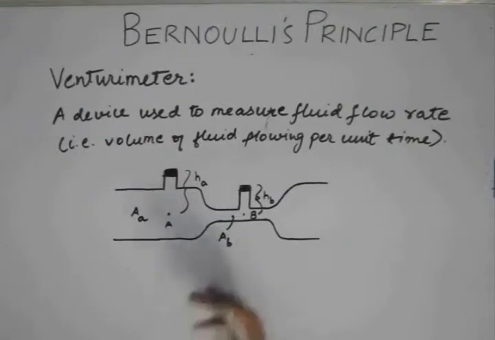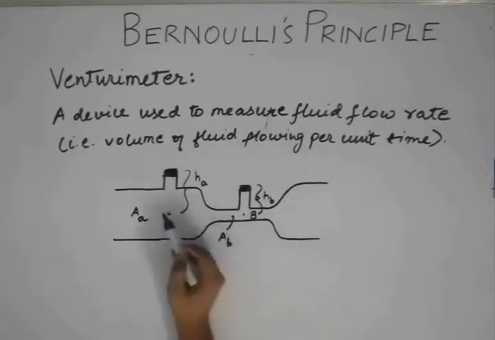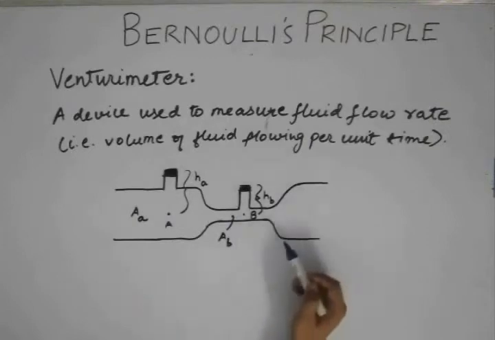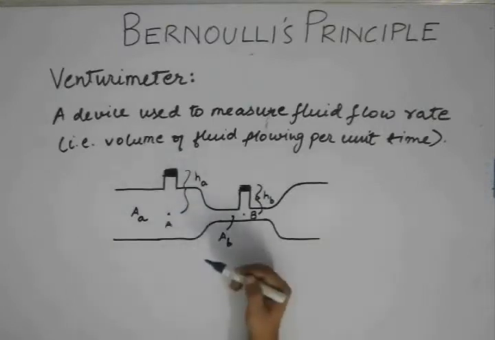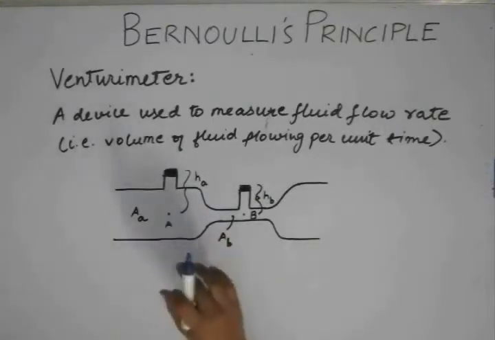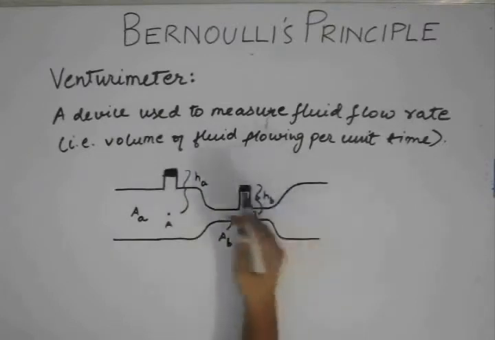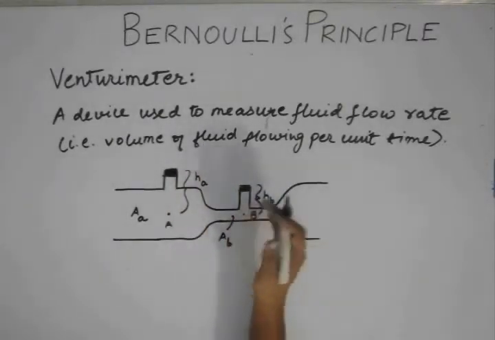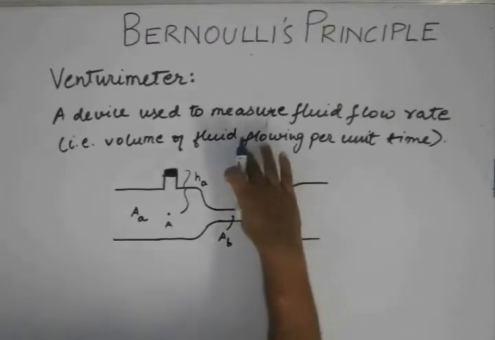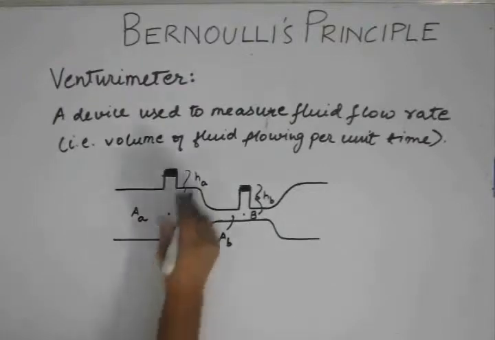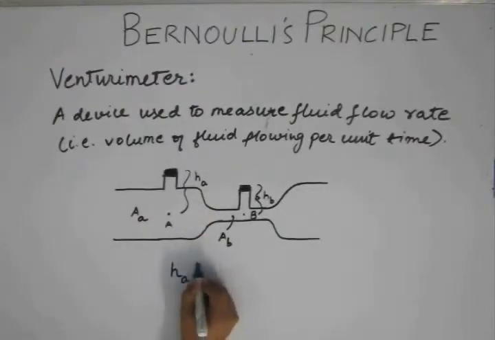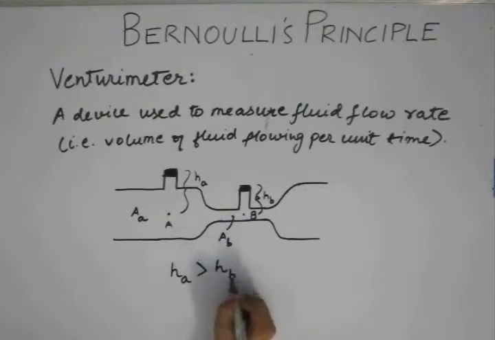Now let us visualize this situation. We are considering 2 points which are in the same fluid and supposedly on the same streamline. So Bernoulli's equation is applicable. Now, what is going to be the case? Which height is going to be greater? By observation of the diagram you can say that hA is greater than hB, but that is not the general case. We can also have this pipe extended up to this height. In general, hA is going to be greater than hB.